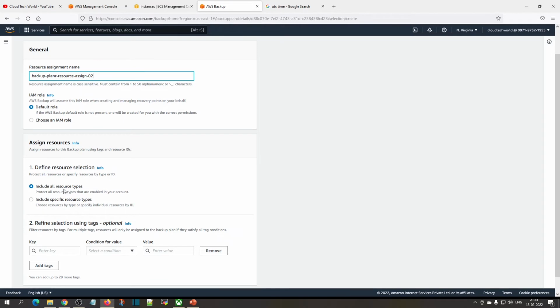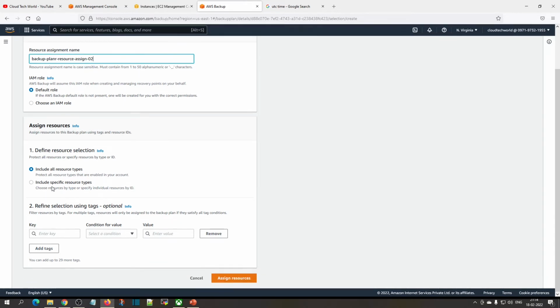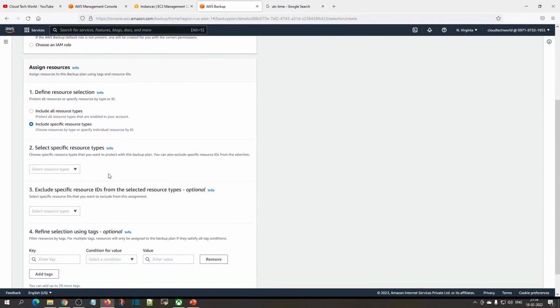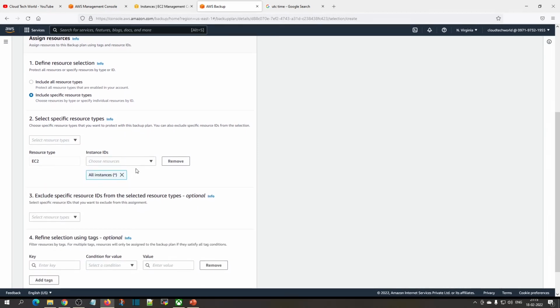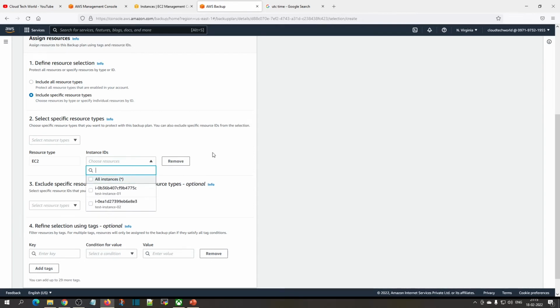So next one is, do you want to include all the resources or include specific resources? So we are going to choose specific resources. For example, because we are going to take EC2 as a backup, I'm going to choose EC2. Instance IDs: you can leave all instances, or you can even choose which instances you want. Suppose you want to choose these instances on a tag basis,